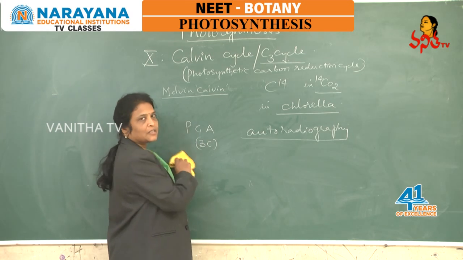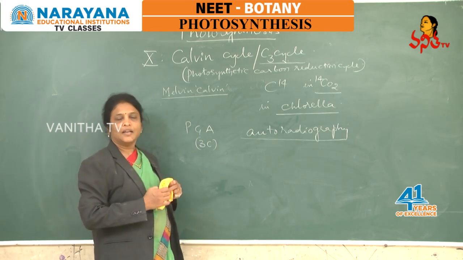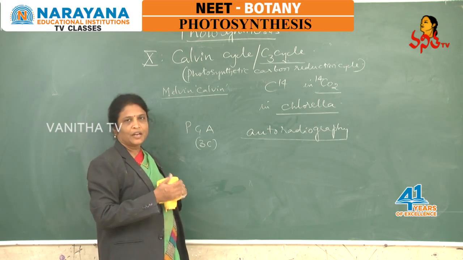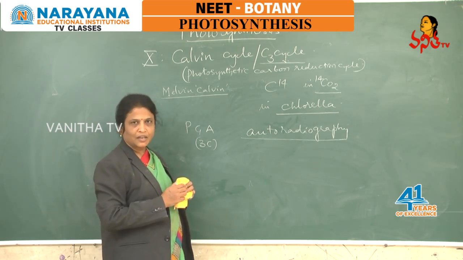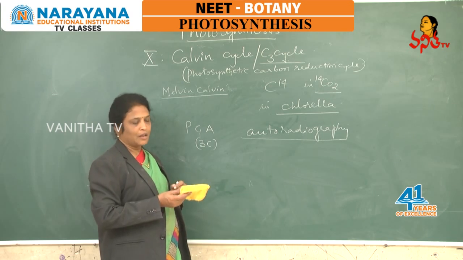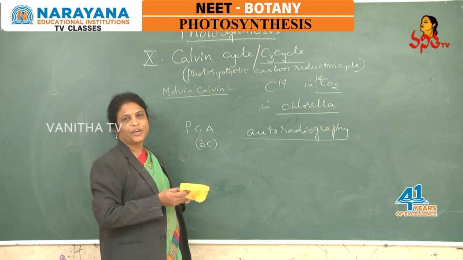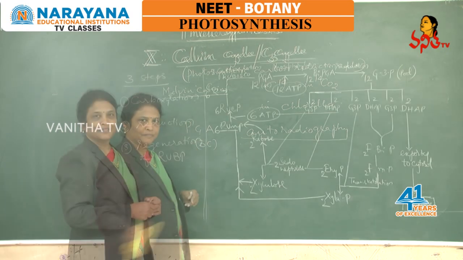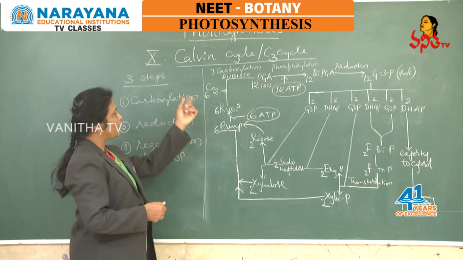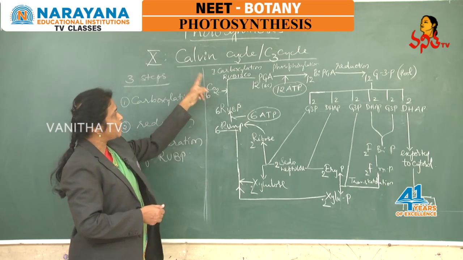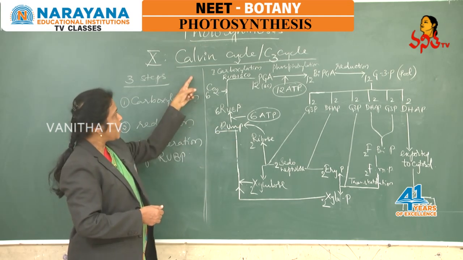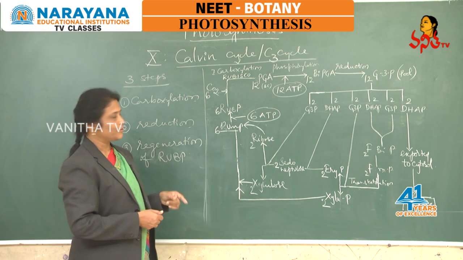And now, let us follow a detailed description of Calvin cycle reactions. We follow all the biochemical reactions that occur during the Calvin cycle, the biochemical pathway, and how carbon dioxide is finally fixed or reduced into hexoses and how it is involved in the synthesis of hexoses. Students, now let us follow the detailed mechanism of the Calvin cycle, including the biochemical reactions, and how it causes the synthesis of hexoses.